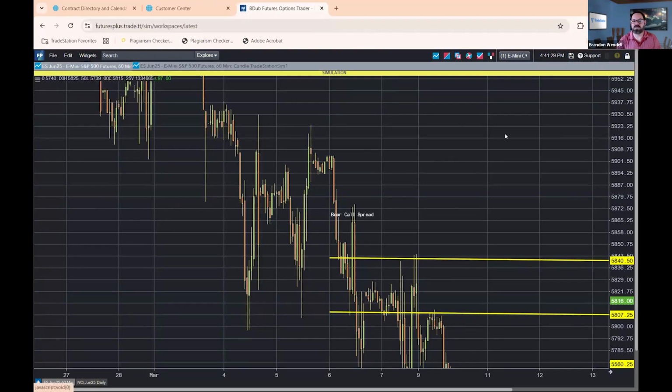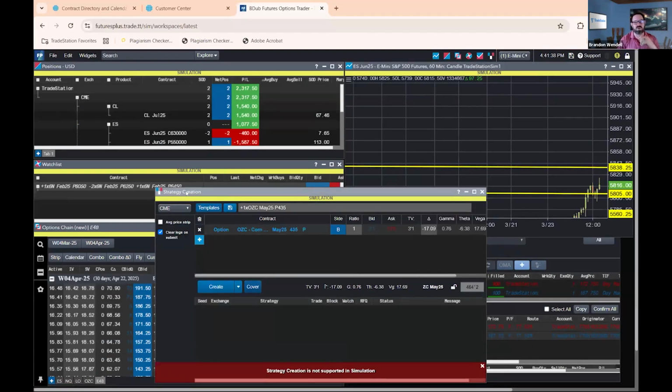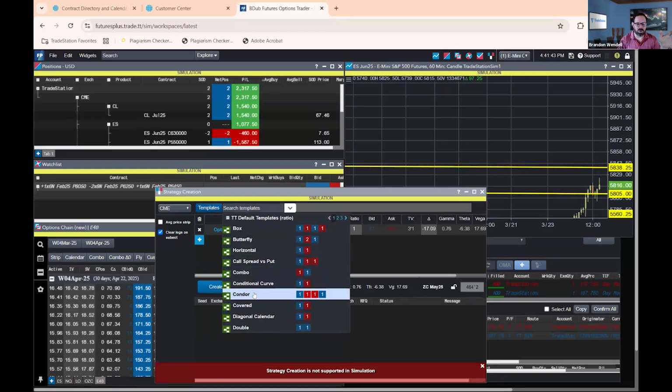Again, going back to my option chain. Now, one of the disadvantages is that I'm using simulated mode. Unfortunately, there's this really cool tool right here called the strategy creation. And I go to templates and I'm looking for condor. Well, no, actually, I'm looking for iron condor. There it is, iron condor. I click on that